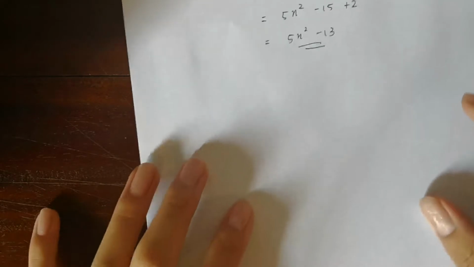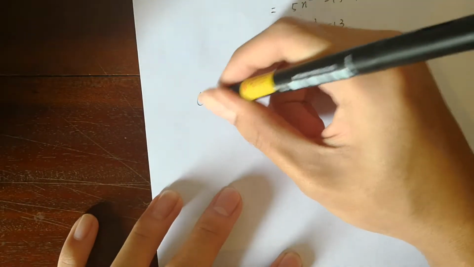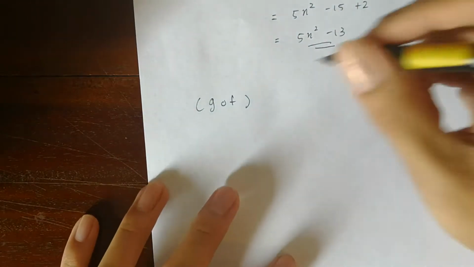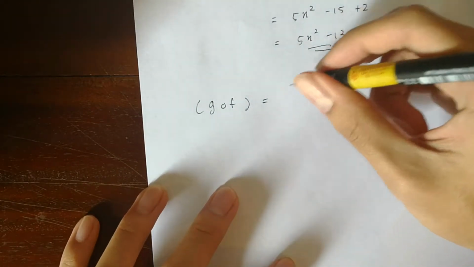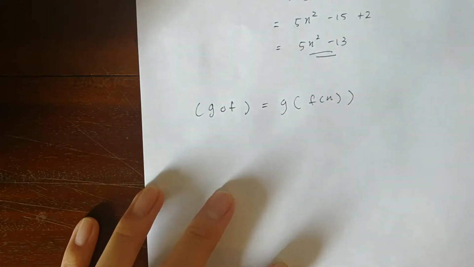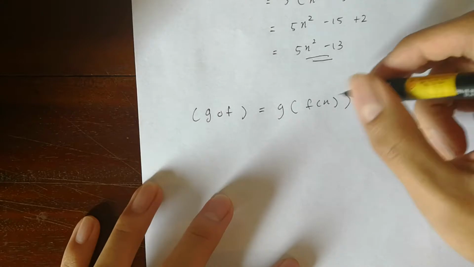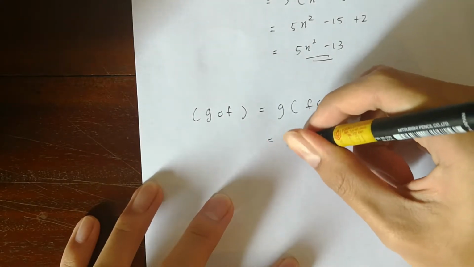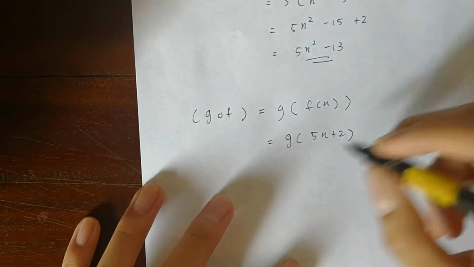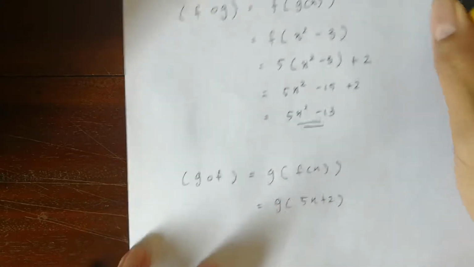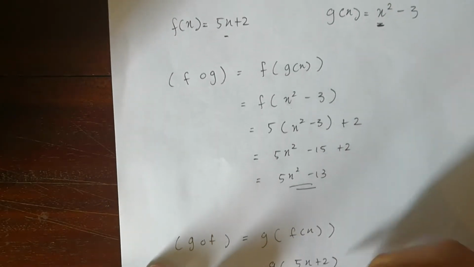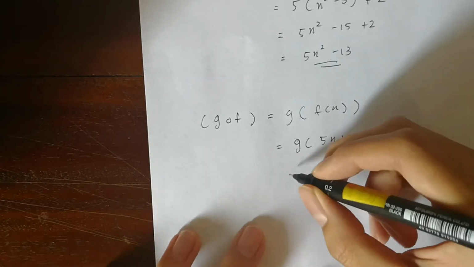So what if we want to find g of f? Using the same principle, it's g of f of x. So sub in f of x by its value, you get g of 5x plus 2. Since 5x plus 2 is inside of g of x, you sub in the x value of g of x with 5x plus 2. So you get